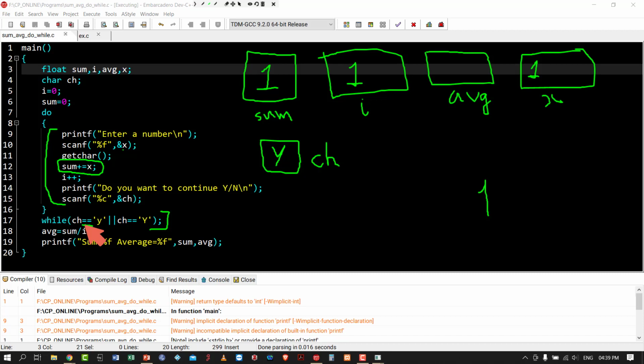Double equal to, sir, it means y will be stored to ch. Then what is single equal to? Double equal to is for comparing. Okay, please make your concepts very clear, otherwise it is difficult to understand the programs. I am saying this to everyone, not to Saksham Sedu.